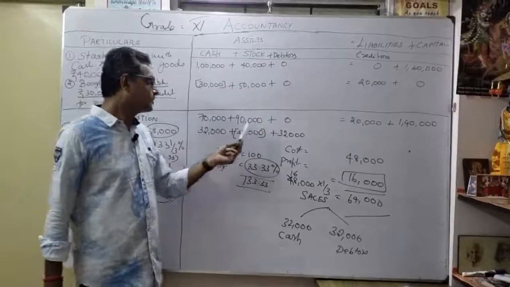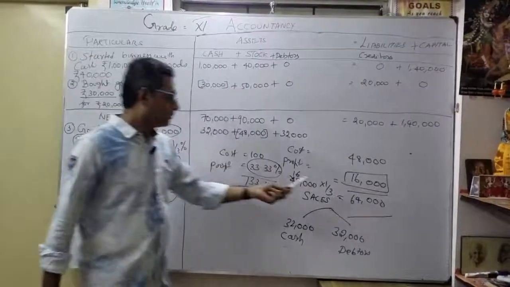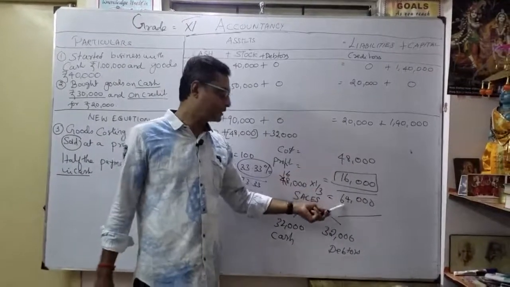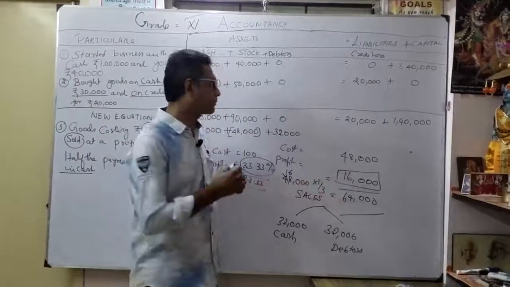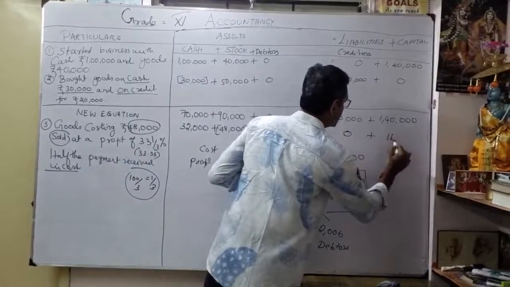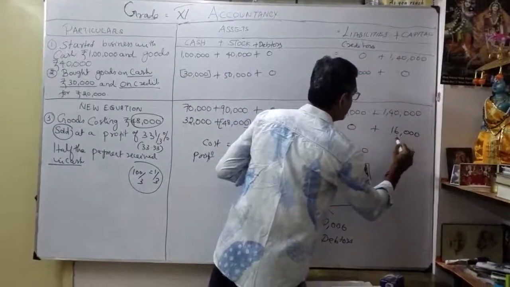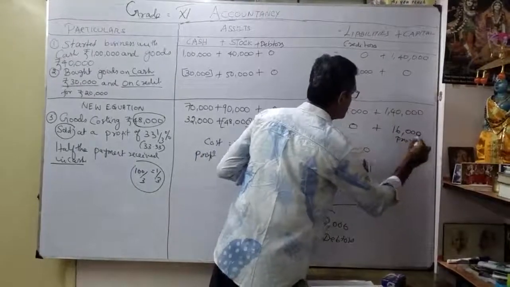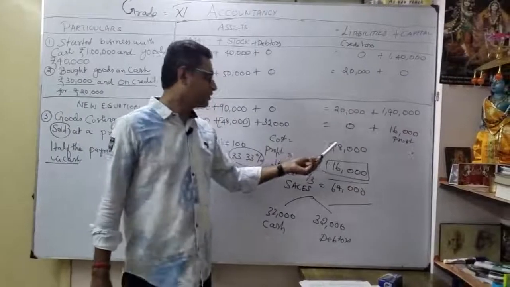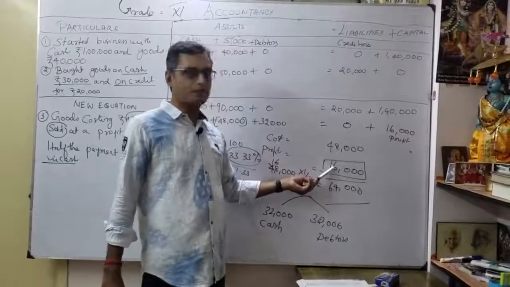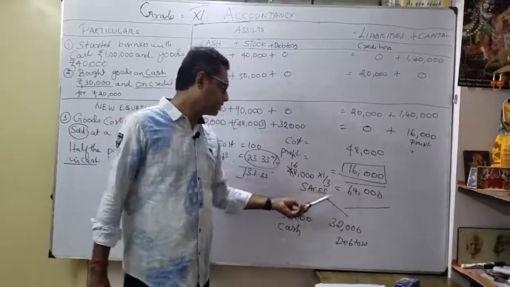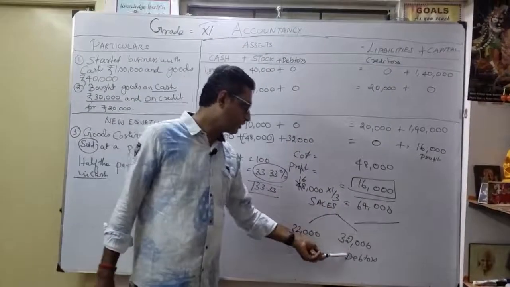So understood now, 64,000. How much profit? 48,000 worth of goods, I sold for 64,000. So 16,000, where am I going to show it here? 0 plus 16,000. It is profit. Now understood the logic. See how much calculation: this is the cost, we found out the profit 16,000, this is our total sales. Whatever we sold, how much we received in cash, the balance I show as debtors.